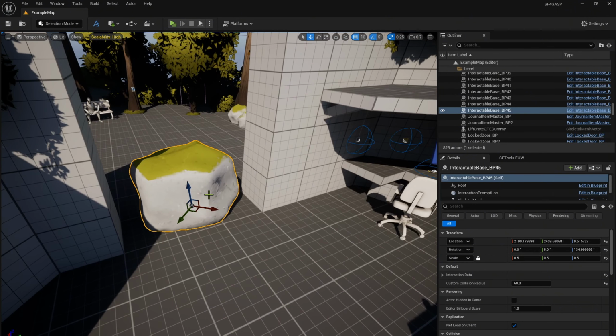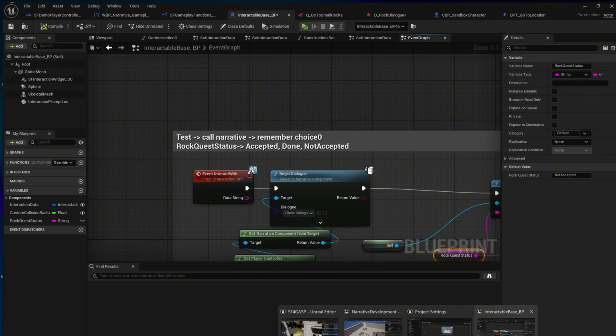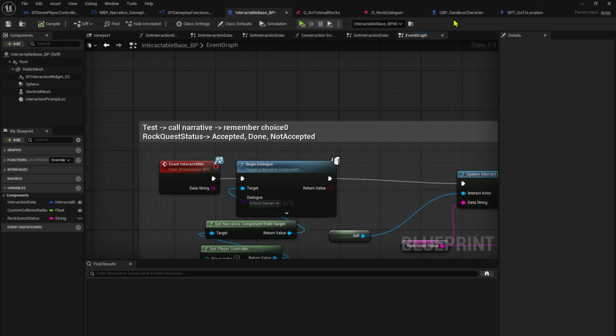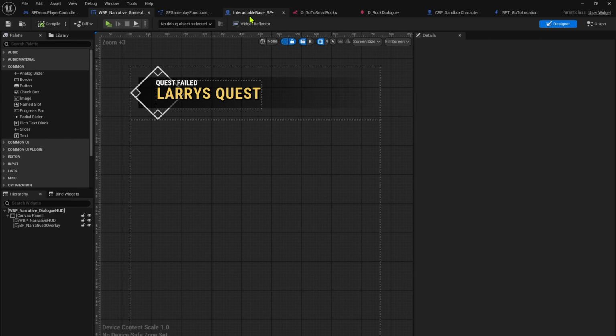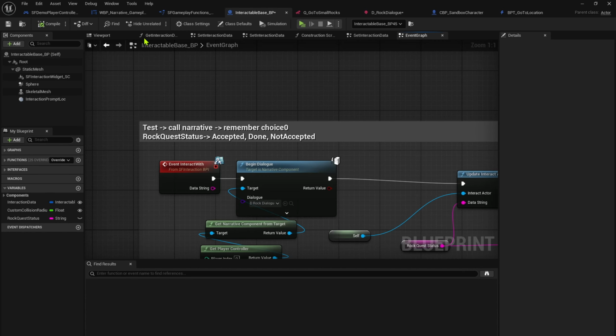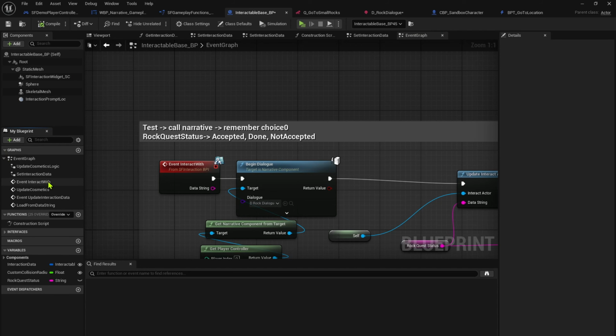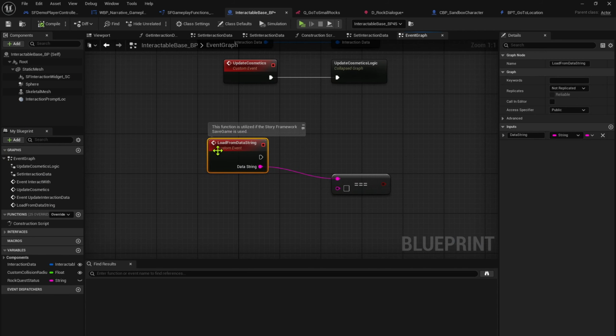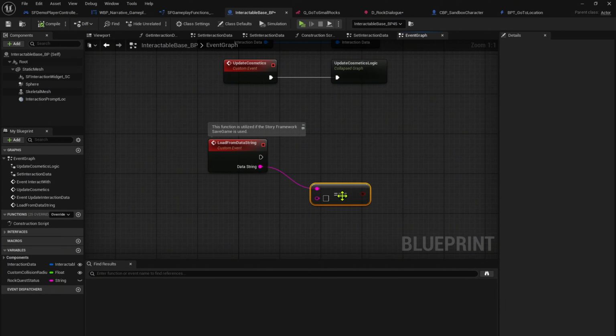So by doing that, I will be able to. There's this one functionality, I believe. Let me see. Where is it? Yep, it should be this one. So it's the load from data stream. So every time we save game and also load game, when we load game, this function will be called. The load from data stream will be called, and this data stream will be carried over because I believe